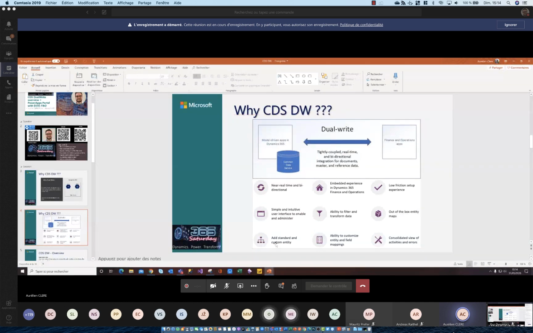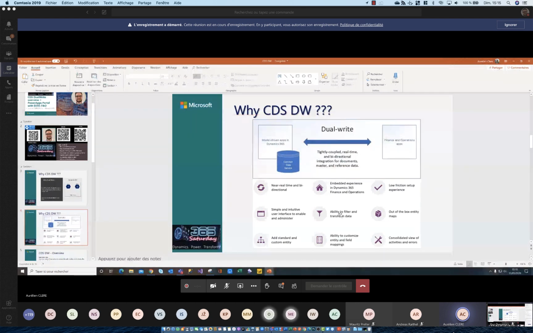So they have done a lot of work, but you can also add your custom entity, as you will see after. You can customize, so it's not a black box. This screenshot is coming from Microsoft, it was not made by me. I say it's quite simple. For me, the configuration is not very easy, but after it's configured, the step to do the mapping, etc., you will see is really simple.